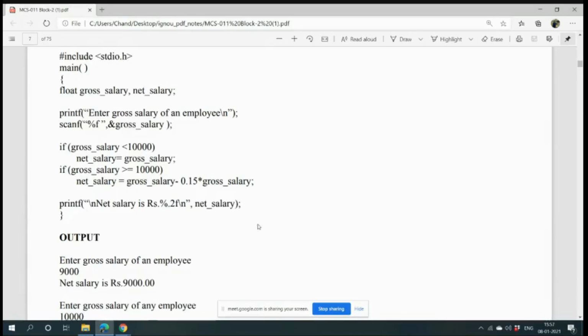Whatever the result of net salary is, suppose the result is 15,000 minus 15% of 15,000. So something will be deducted. Suppose the new value will be 13,000.869572. This much value will come, but you have to restrict the output. %.2f means up to 2 decimal places. So only 2 decimals; suppose your answer is 13,000.87.